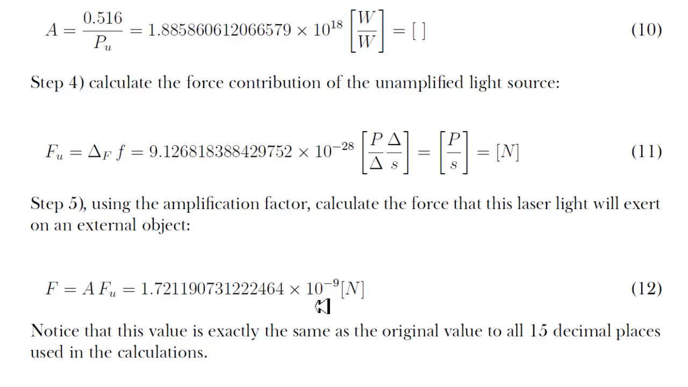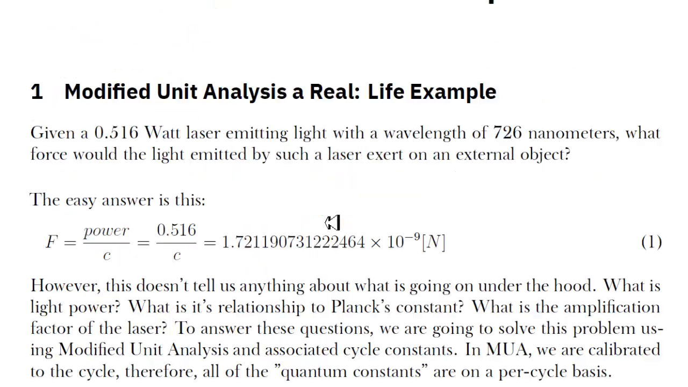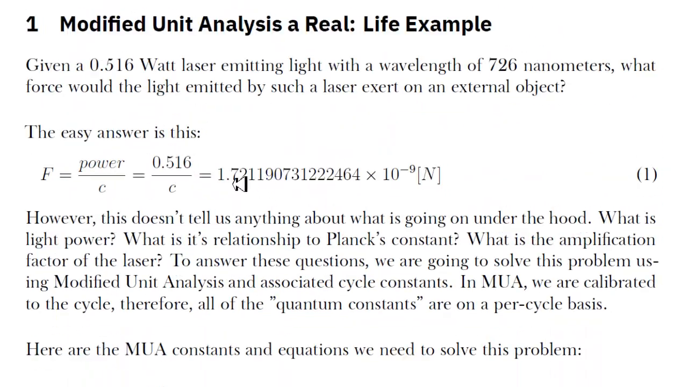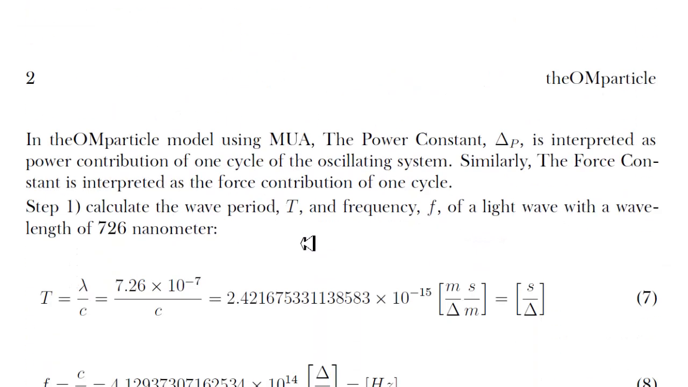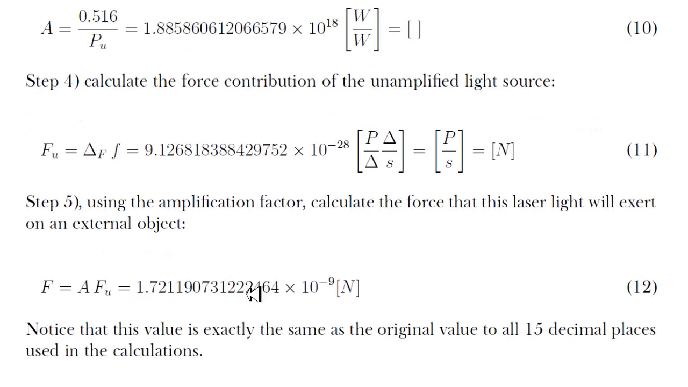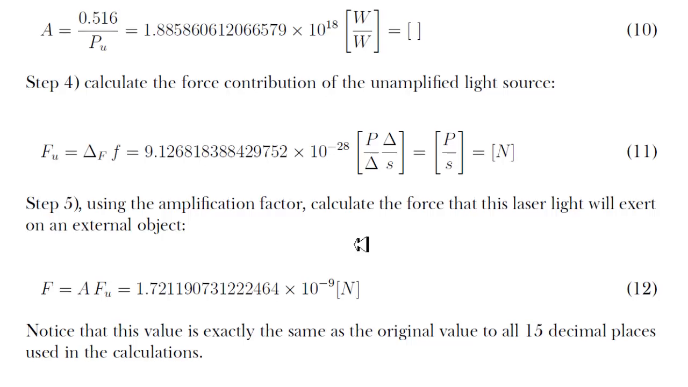And we're going to get 1.71190 times 10 to the minus 9, which is exactly the same value that we calculated to all the digits of precision. So it ends with 2464, and this ends with 2464. It's exactly the same number to all the decimal places used for both calculations. So here we're able to calculate force the hard way, but the way I did it here,